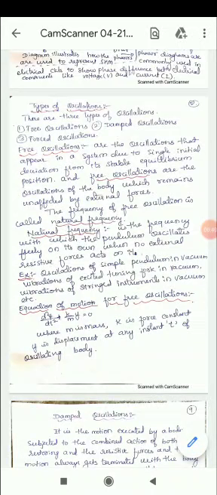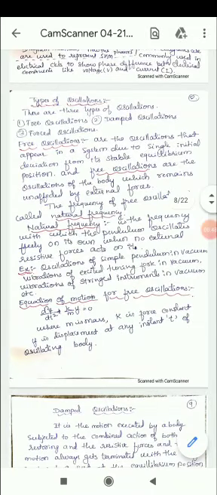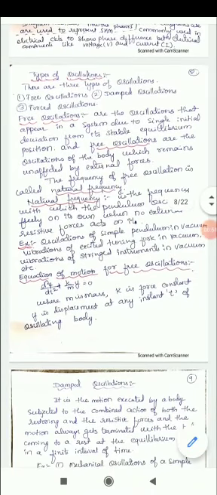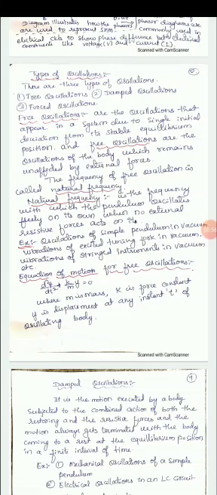So natural frequency is the frequency with which the pendulum oscillates freely on its own when no resistive forces are acting on it. Examples for this are oscillation of a simple pendulum in vacuum, vibration of an excited tuning fork in vacuum, vibration of string instruments in vacuum, etc.